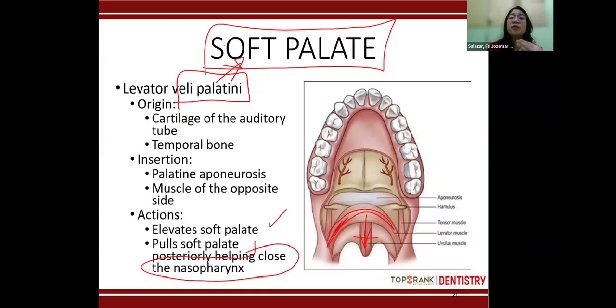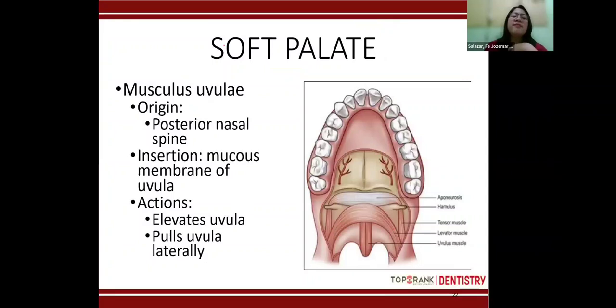So it is closed off. It does not usually happen that whenever we swallow, it goes to the nose, because the muscles of the soft palate will close off that opening during deglutition. All of them contribute to that. Okay, musculus uvulae. The uvula is so small, but it is purely made of muscles, right?